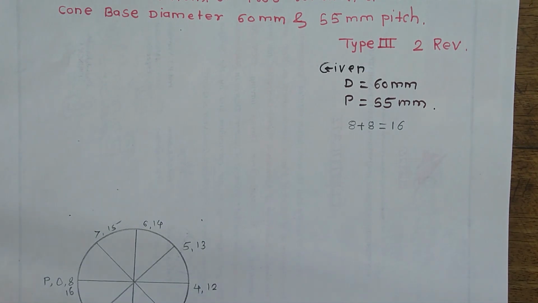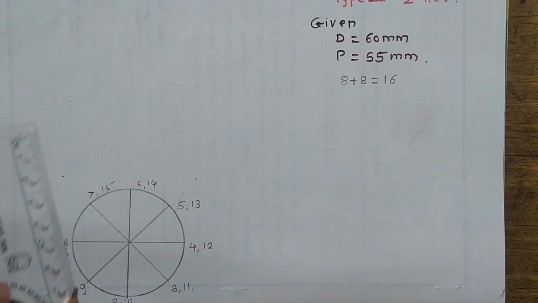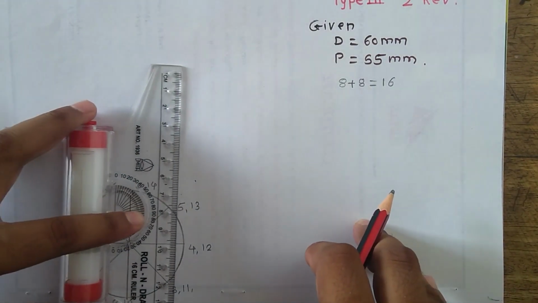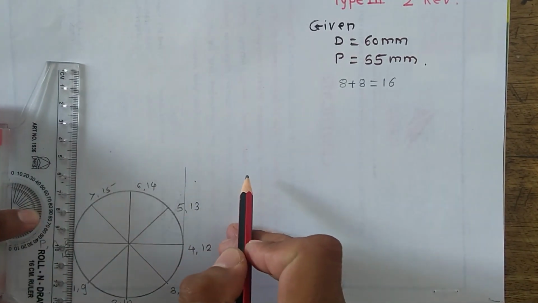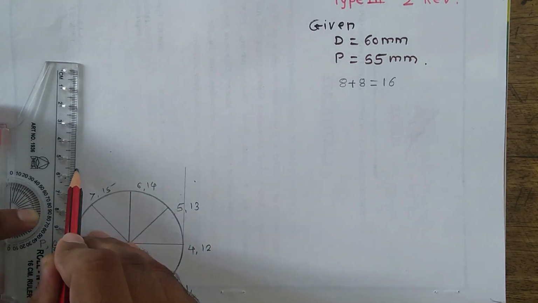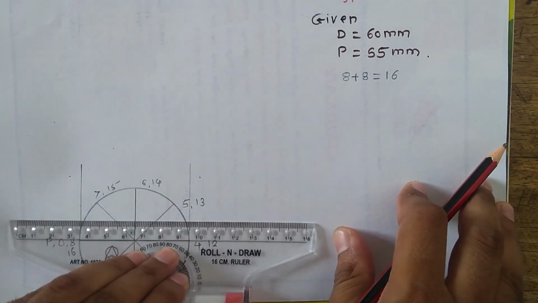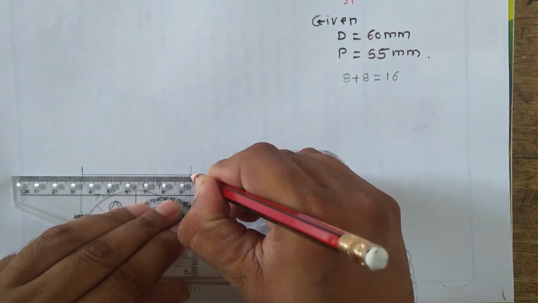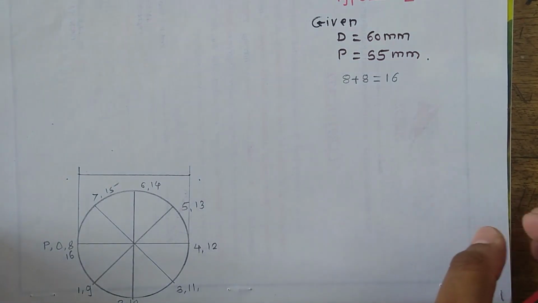Okay, so as per procedure we have to take a projection of this top view into a front view. So for that purpose, with the help of a roller scale or with the help of a scale, you can take projection into front view. So I have taken the projection in front view, and then here in front view the axis height should be